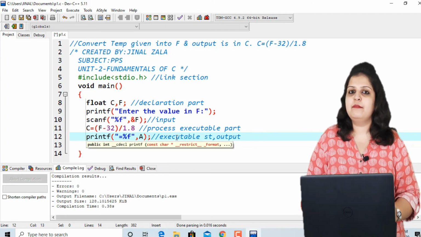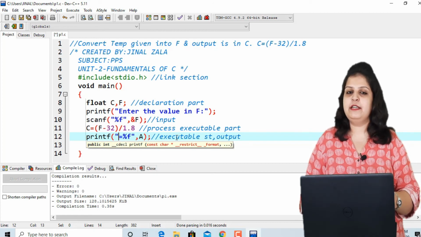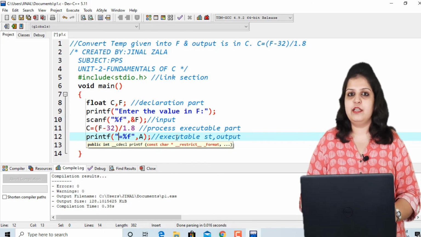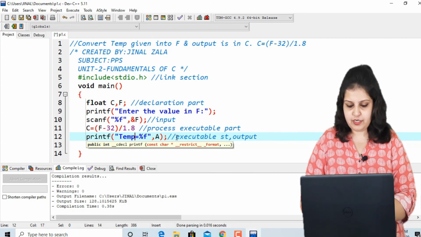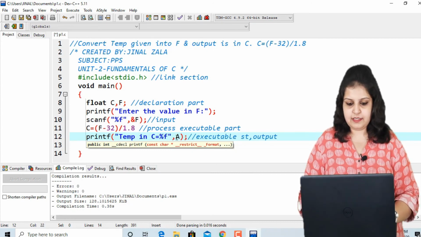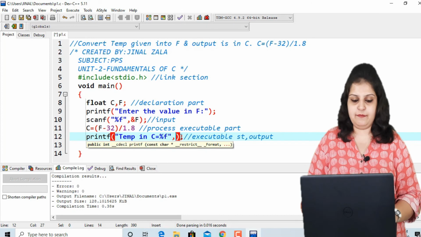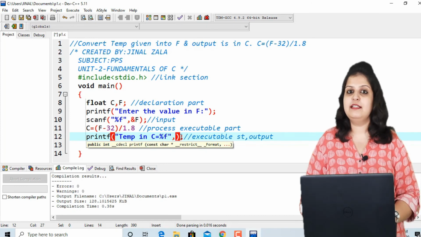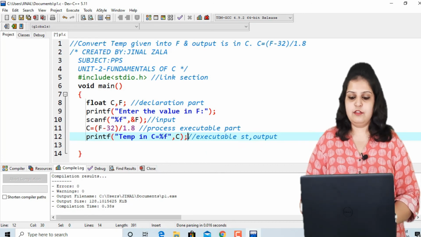In the previous program our output is area of circle, that's why I wrote area of circle in printf, but here I want to print the temperature in Celsius, so I am writing temperature in Celsius is equal to %f, and after the comma we have to write our variable name, and the output is stored in our C variable, that's why C. So this is our output.